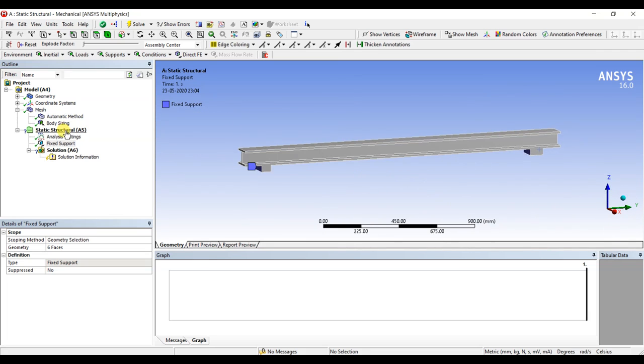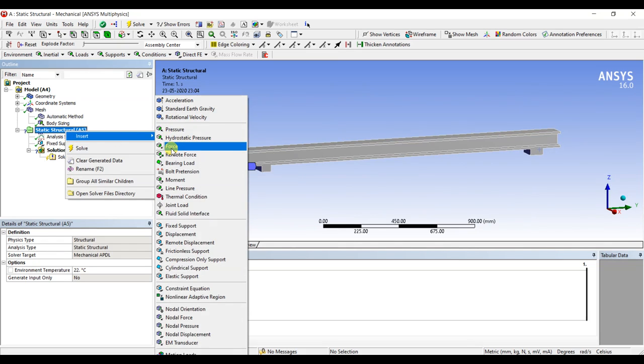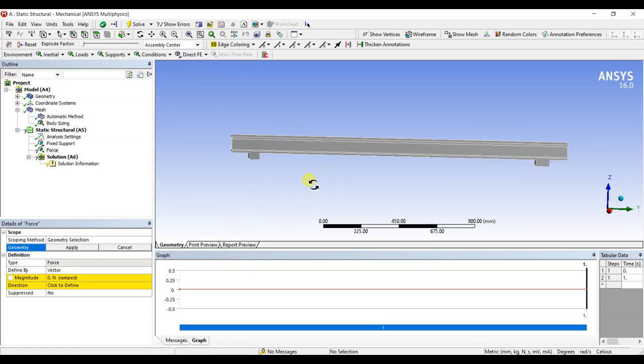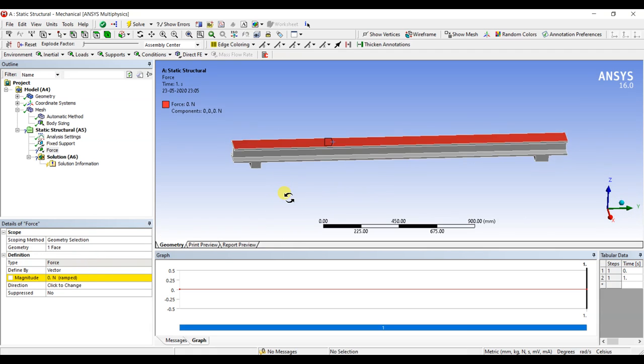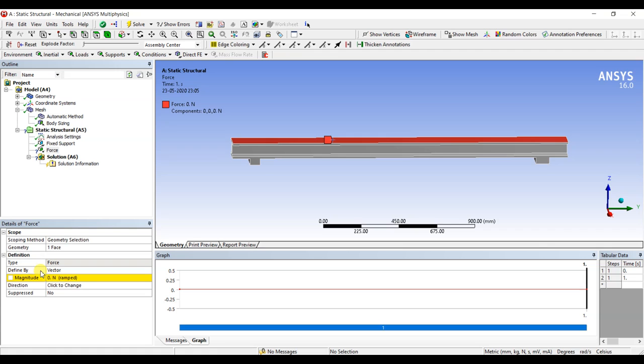Now what we have to do next is to click on the force. You can take any other thing like acceleration or pressure, but for simplicity and to not make the video too large, I am taking this as force. You can explore more. So for force I am applying this here, and click on apply. Here is the option of magnitude. So you have to take your magnitude in newtons. Let us take it as 5000,